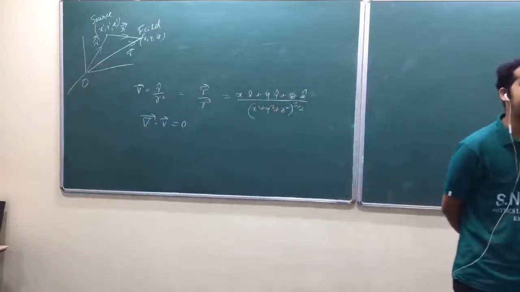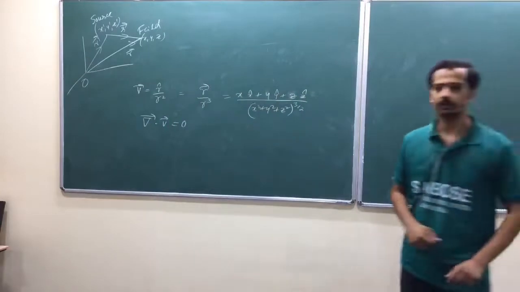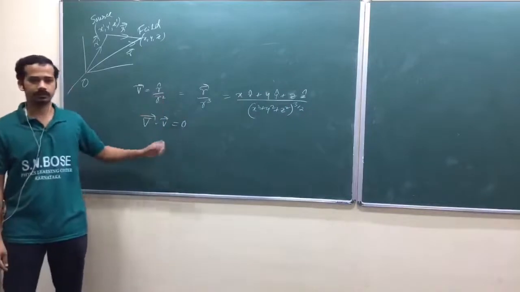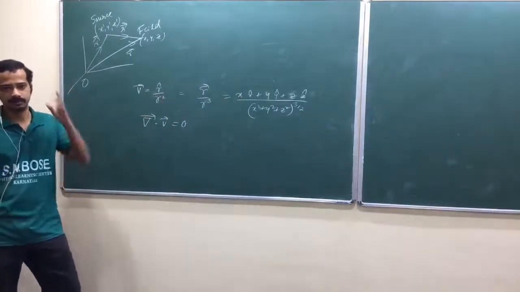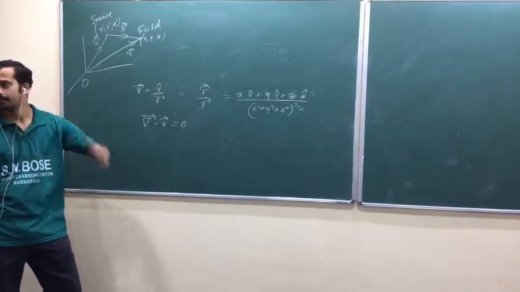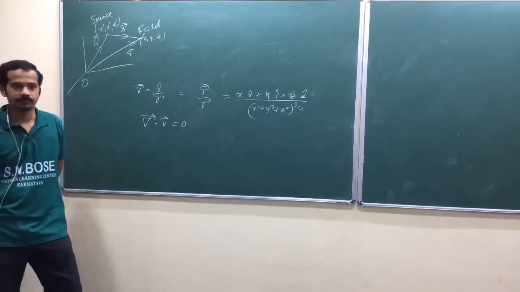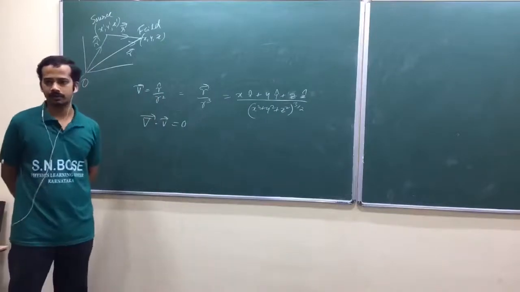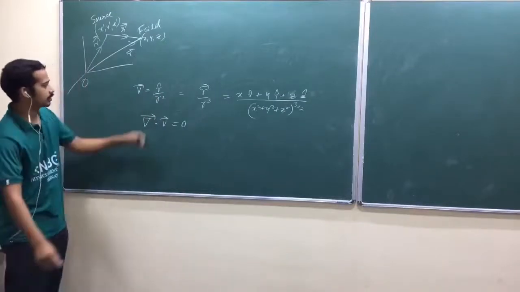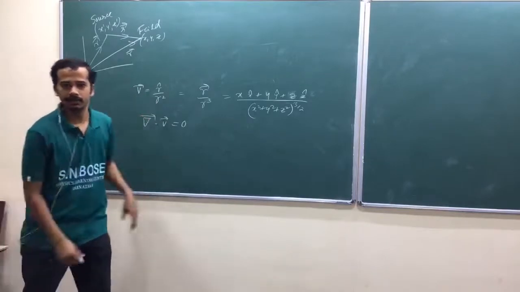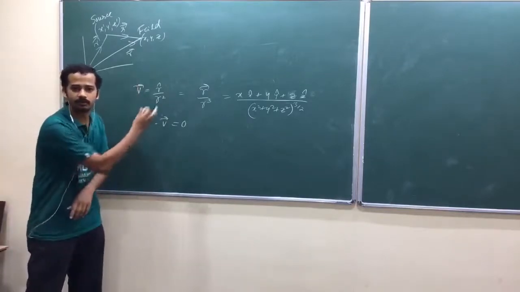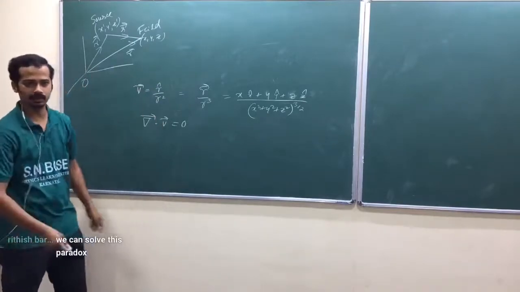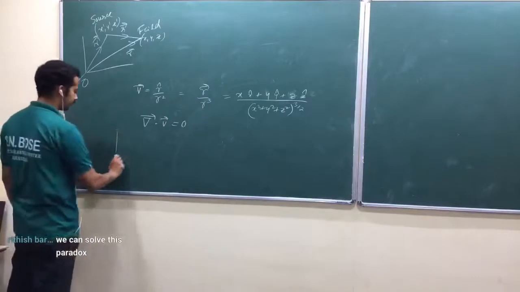Divergence is 0 everywhere. There is one small mistake here. I have a vector field, but divergence is 0 everywhere. Any idea? This vector field should have been created from some point, am I right? Can you just imagine what kind of vector field this is? If you put 1 by 4 pi epsilon naught into Q, there is a vector field due to a point charge at the origin. We shall discuss that later, after Coulomb's law.